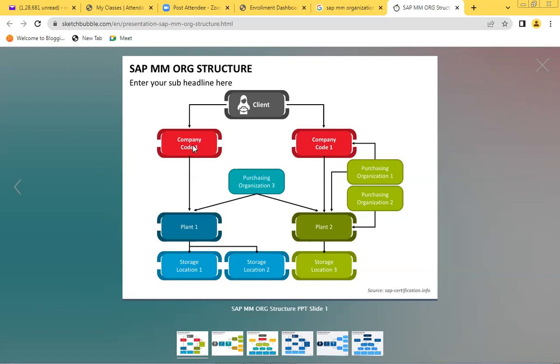So all the different general ledger accounts, profit centers, cost centers, assets, and many more financial terms will be different for the oil business. Similarly, these terms such as cost centers, profit centers, assets, and general ledger accounts will be different for the Jio communication business. Hope this is clear to everyone, guys. Yes, it's clear.